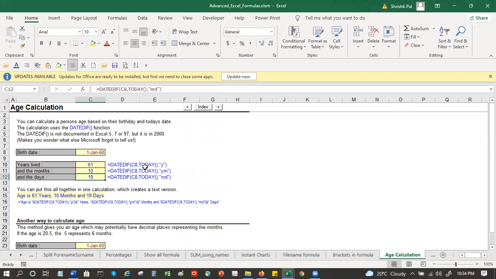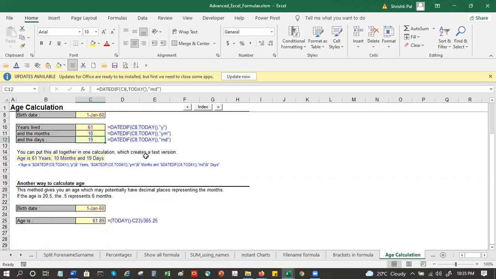If we had used today, they did this without typing the date anywhere else. In our example, we had typed the date in another cell. And the other way is date minus date, like we did, divided by 365.25.